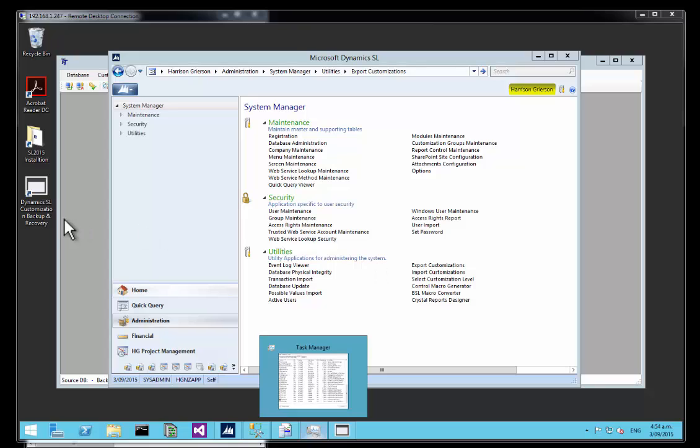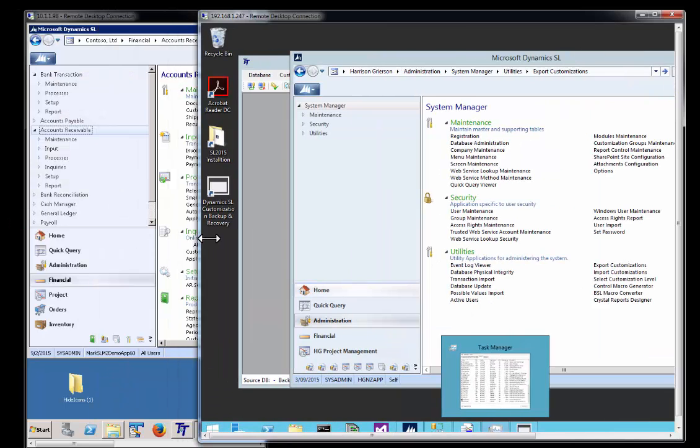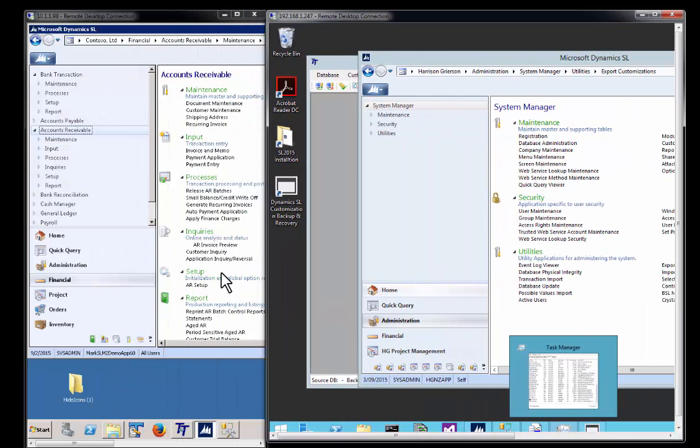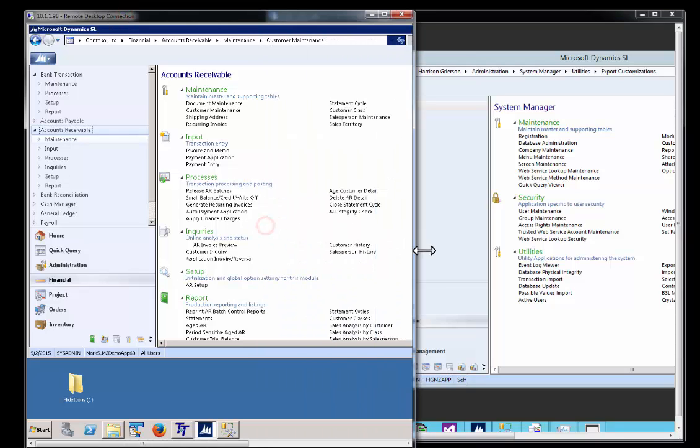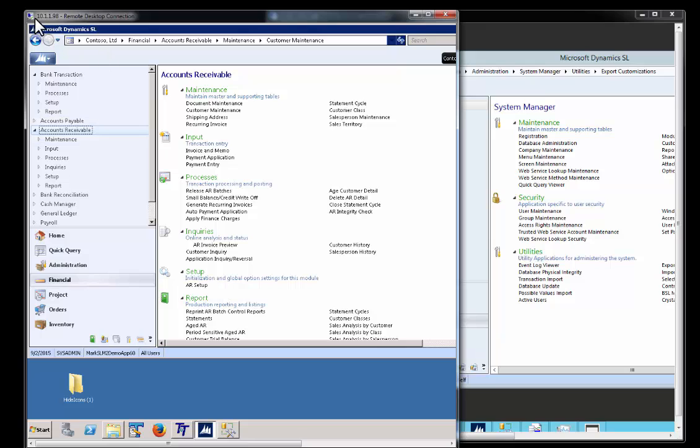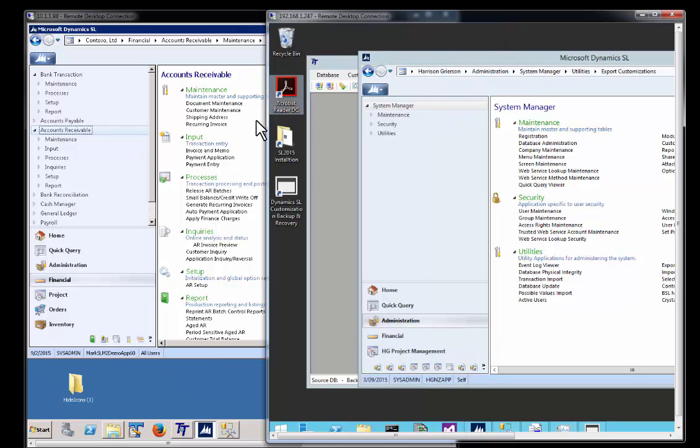So what we've got currently is I am attached through remote desktop to two different machines. Over here, I am attached to my client's location, and this is their upgrade test environment. And over here, I have my development machine where I do a lot of my work for clients. And this is a local virtual machine that I've got, and you notice I've got my development database here. So over on the client's machine,